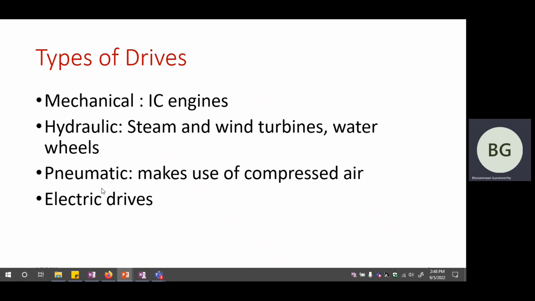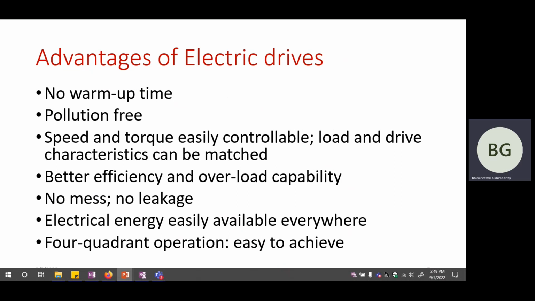So the fourth type of drive which have come into existence since 1960s and 70s, that is electric drives. These electric drives have really become state-of-the-art kind of drive mechanism lately due to the advent of power electronic converters. So compared to different types of drives like pneumatic or hydraulic drives or IC engine based drives, what are the